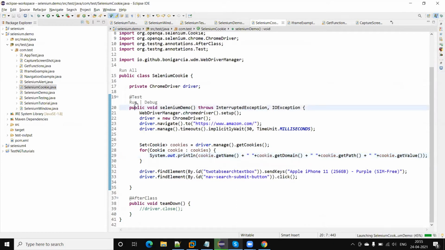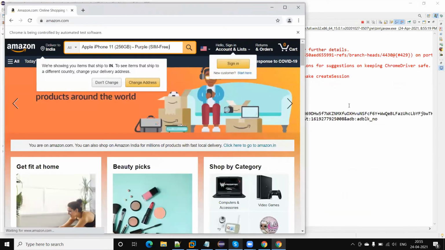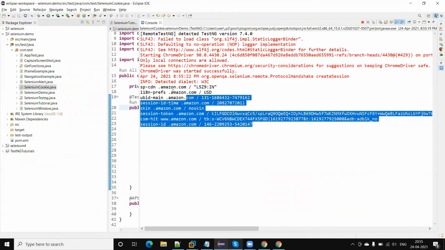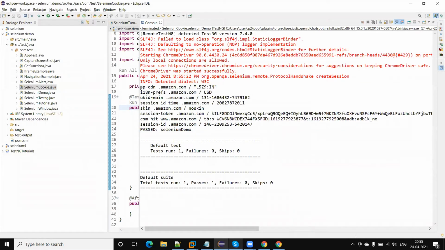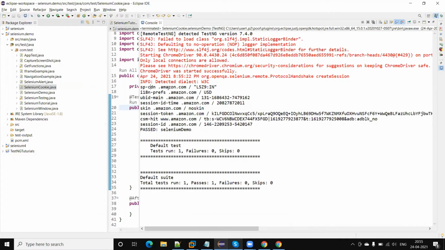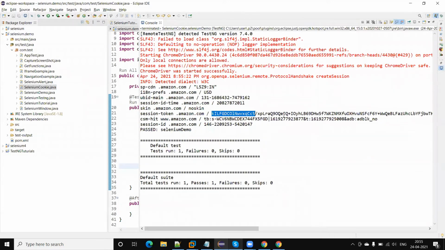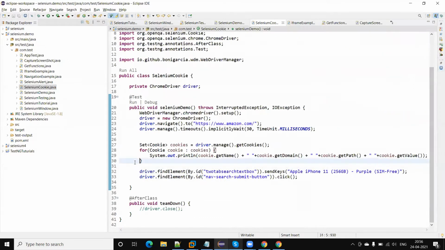You will get all the cookie values in the console. You can see this information I have received from the browser. So these are the cookies we have received. The first is the name, this is the domain name, the slash is the path, and this is the value. All the information we printed, we are getting. In that way we can get the cookies from the browser. And if you want to verify any value, we can verify it by retrieving the values as well as the name of the cookie.